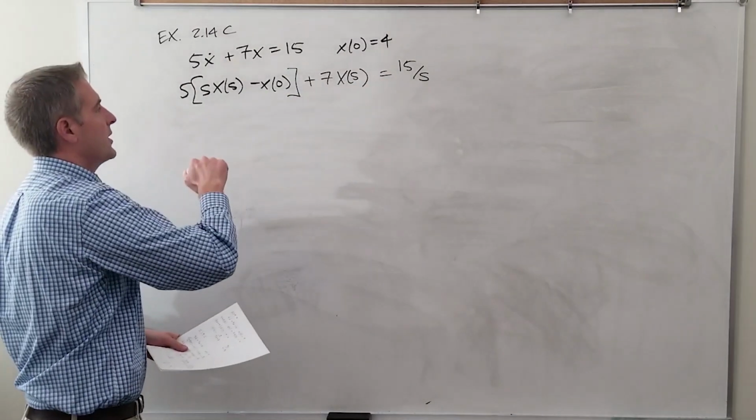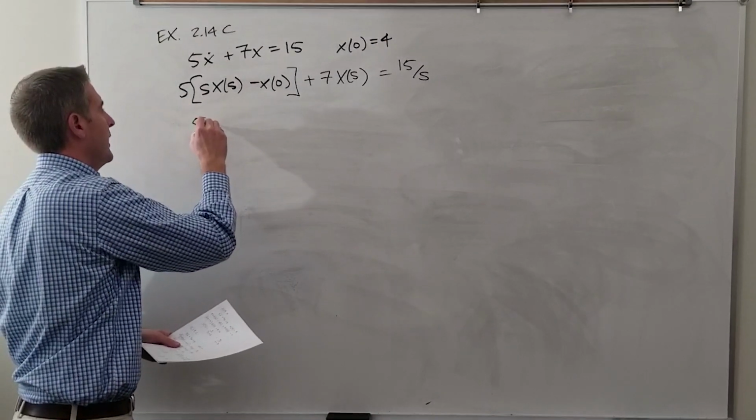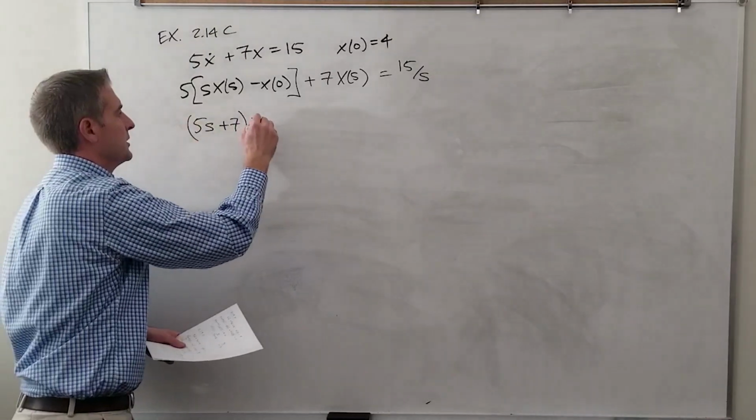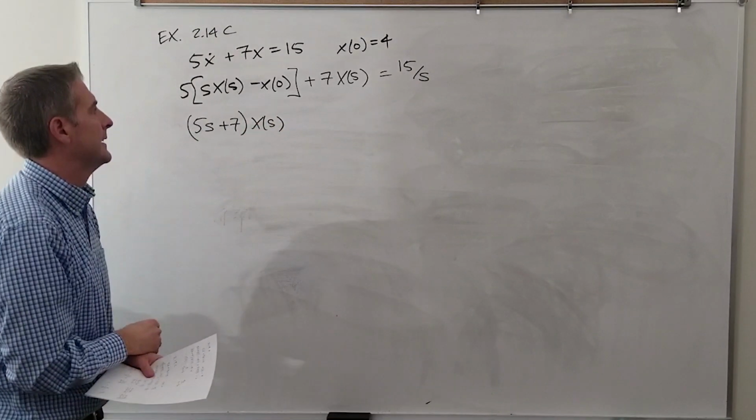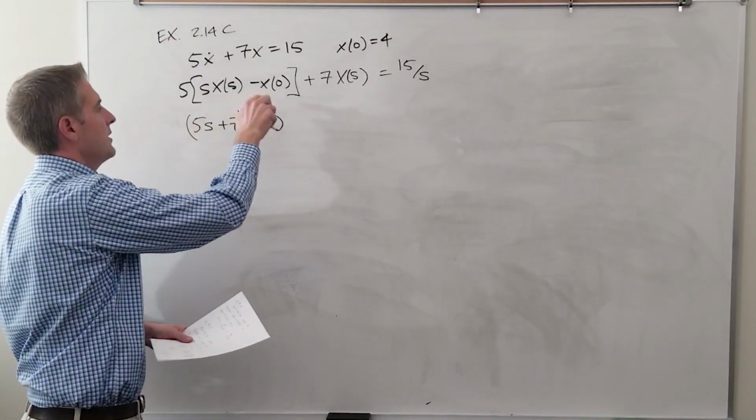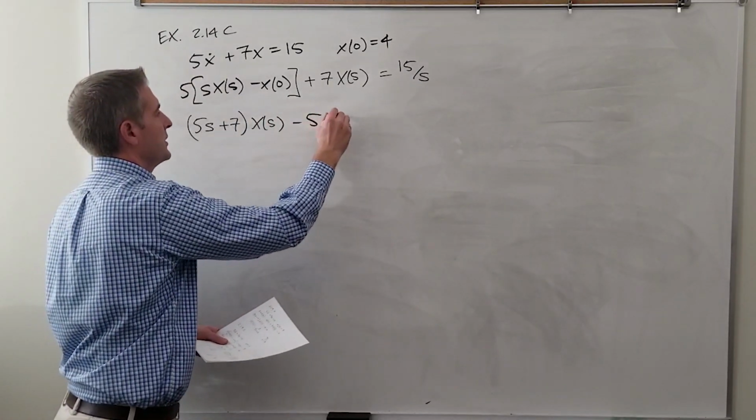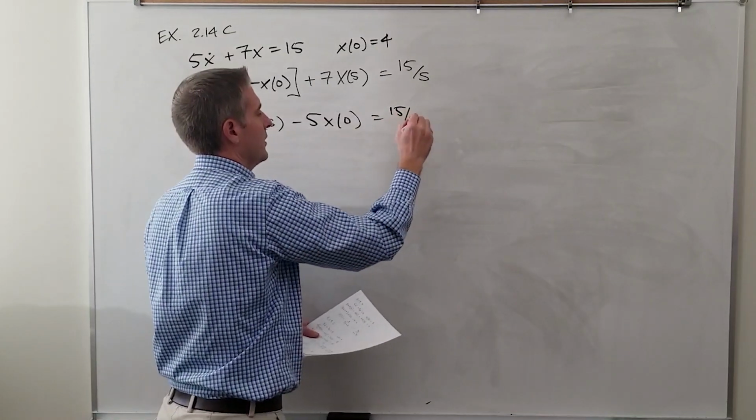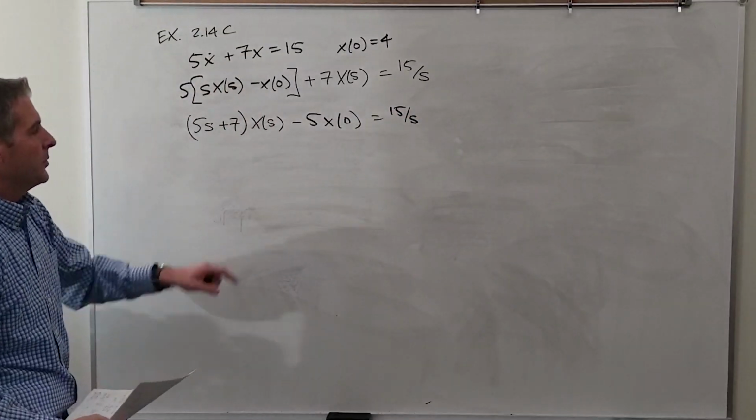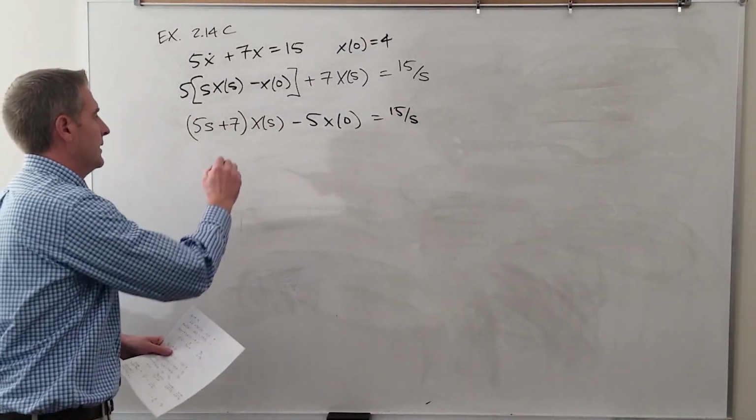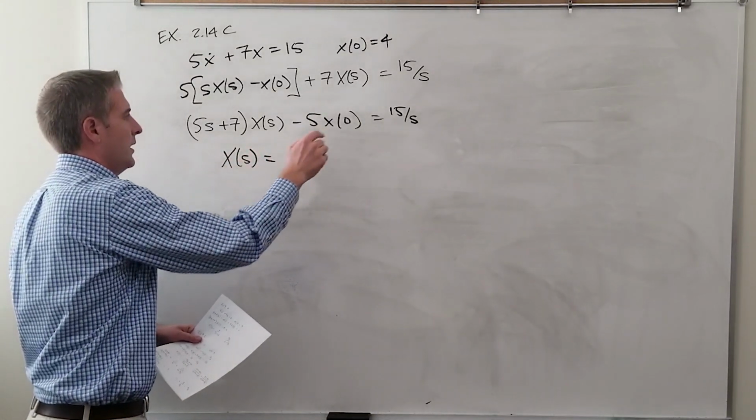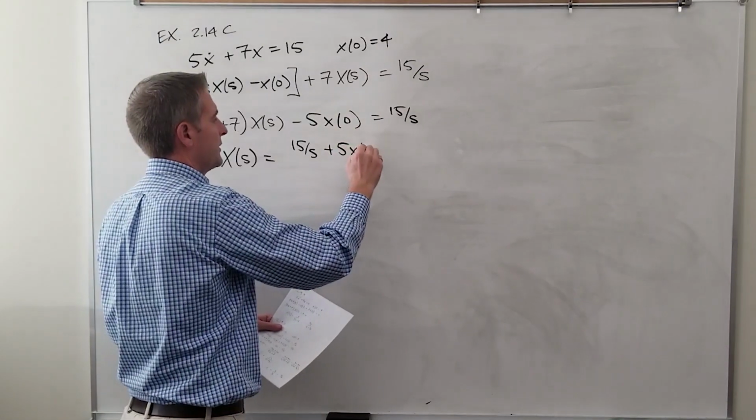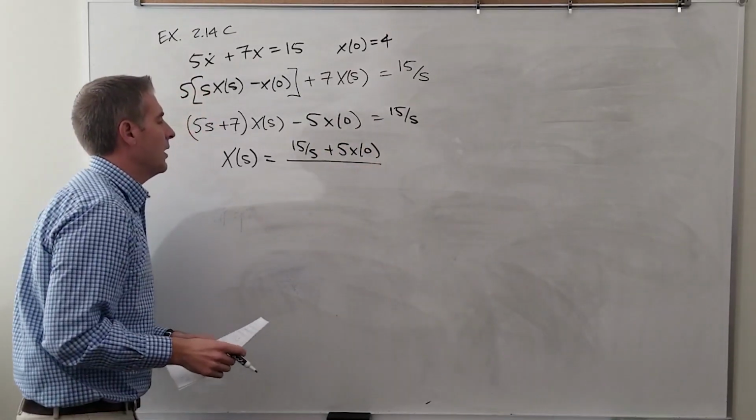We're going to gather up all the terms. So we're going to have (5s plus 7) times X(s), and there's going to be something right here of minus 5 times x0, equals 15 over s. Well, we still need to isolate this X(s). So let's do it right now. We have (15 over s plus 5x0) all over